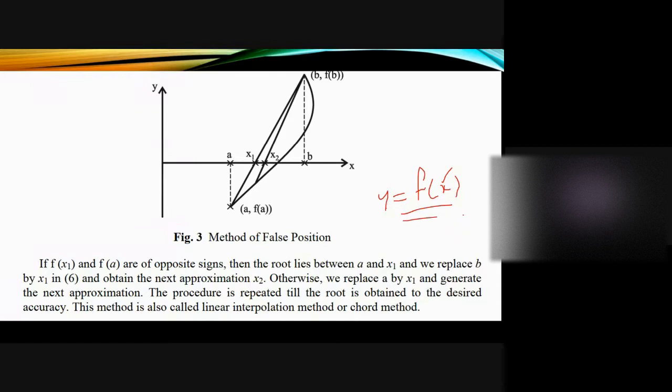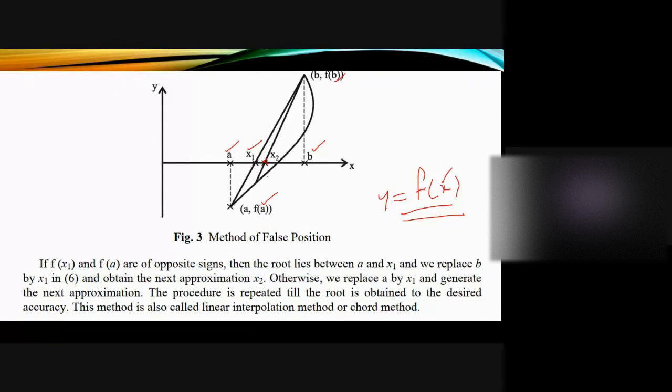That is our aim. So the value varies from a to b when you apply the f of x values. So it ranges from f of a to f of b. Basically we are adjusting the values so that we reach the real solution. x1 is a solution because it converges to y equal to 0, and x2. There are two solutions if it is there, or it can be a single solution also. This is our way of doing: we will adjust the values to get it as 0.